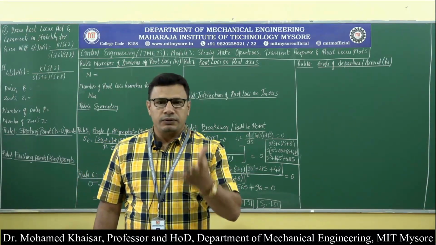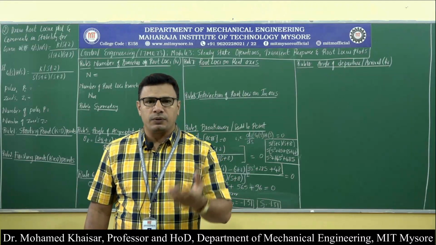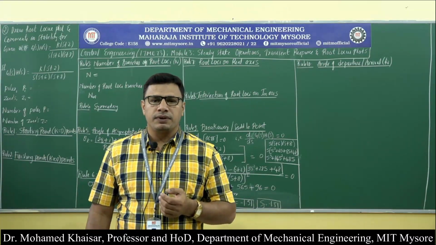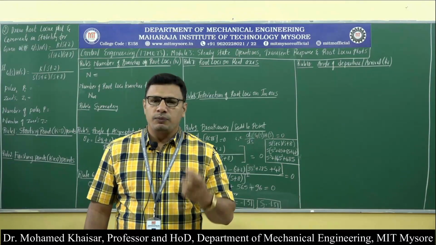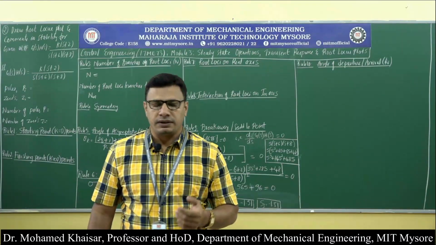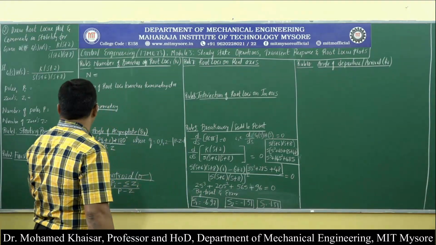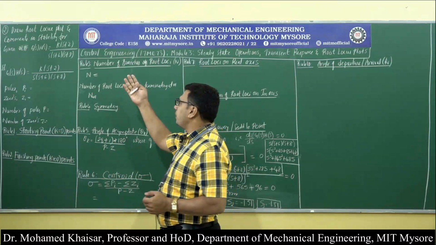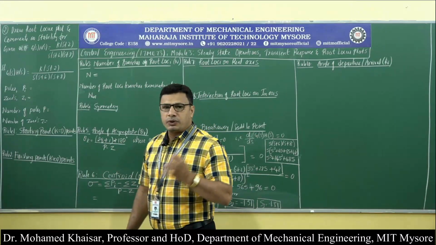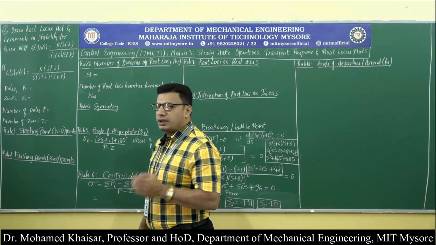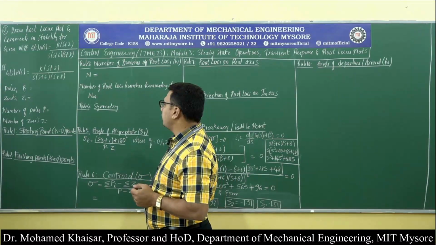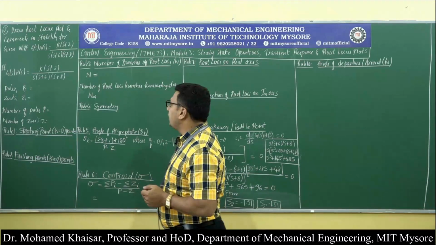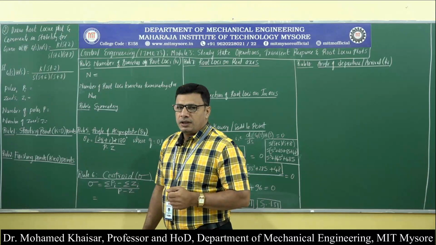We went through the introduction, what root loci are, and then we went on to solve a problem also in the previous session. Now we will solve a few more problems with some varieties. So problem number 2, we are asked to draw the root locus plot and comment on stability for the given open loop transfer function G(s)H(s) equal to K into (s plus 2) divided by s into (s plus 6) into (s plus 8).